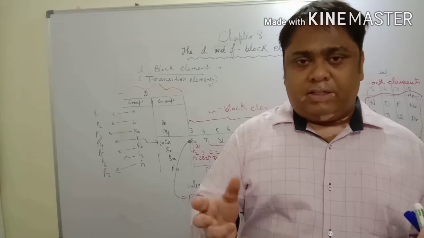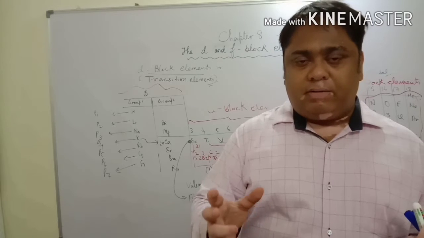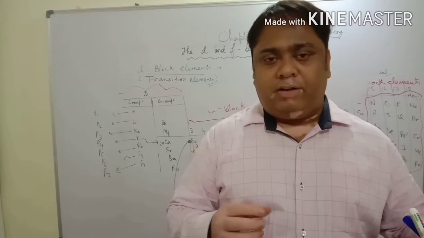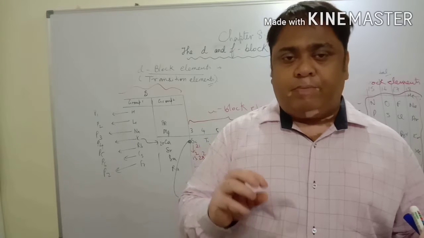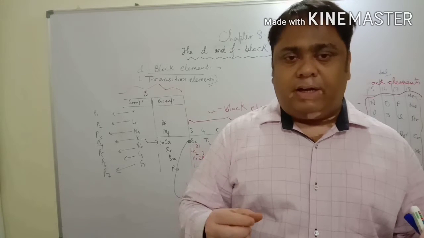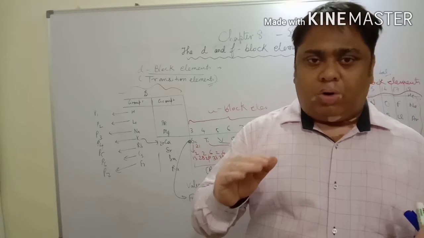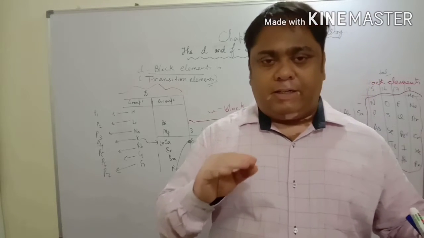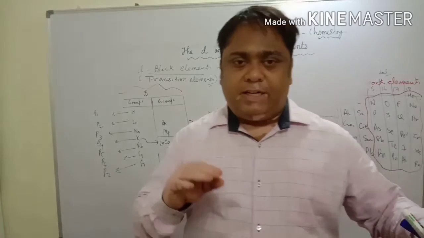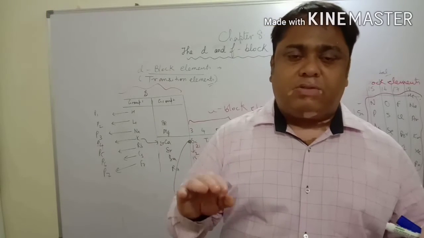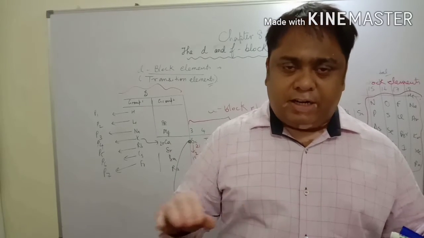Under various conditions, like when an octahedral structure is there, then they have different energy differences. When a tetrahedral structure is there, then they have different energy levels. Although in the non-excited state the d orbitals are of the same energy level, that means dxy, dyz, dzx, dx square minus y square and dz square, they all have the same energy level, they are degenerate.